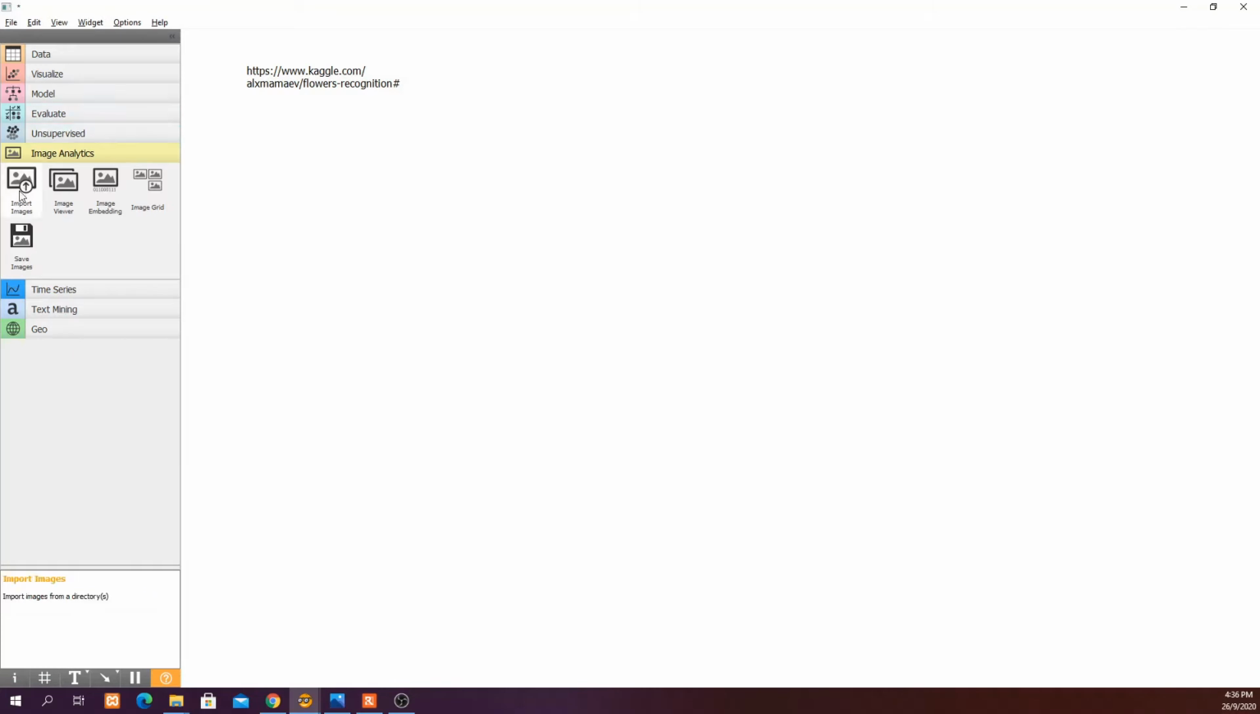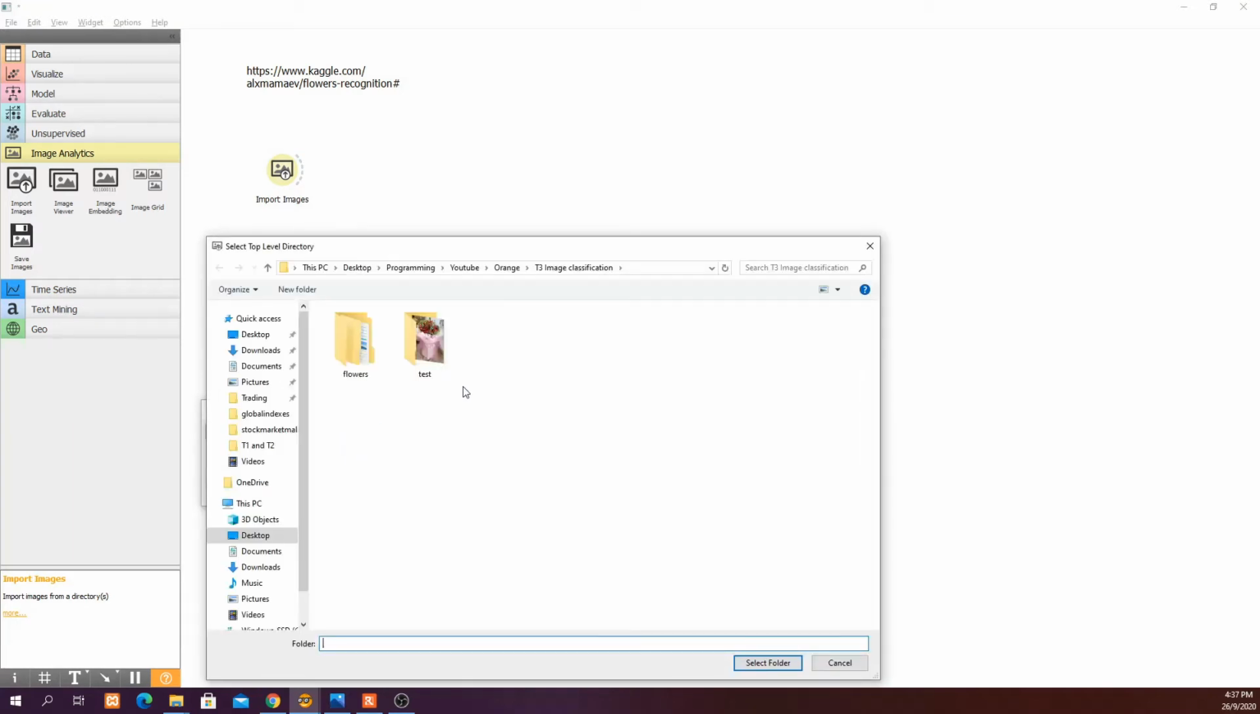So after that, you can start to import images. Double click and then select the folder in which you have the flowers that you downloaded from the Kaggle website. In this case, I have this folder. Inside there are 4,242 images, including 5 different types of flowers. So I will select this folder and then select folder,